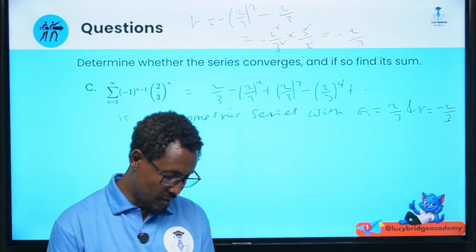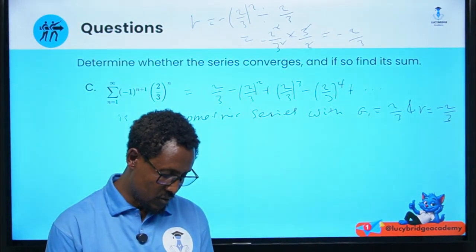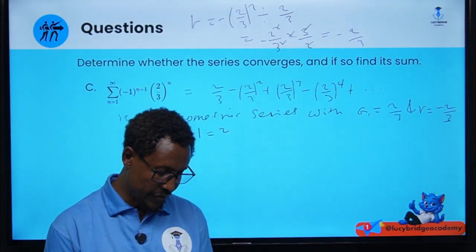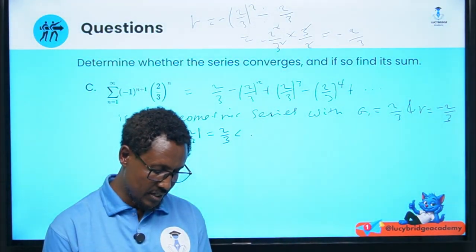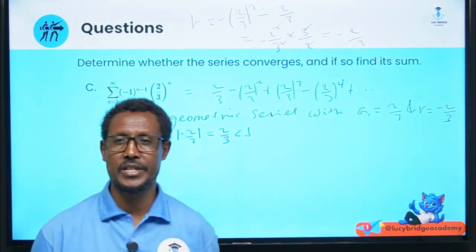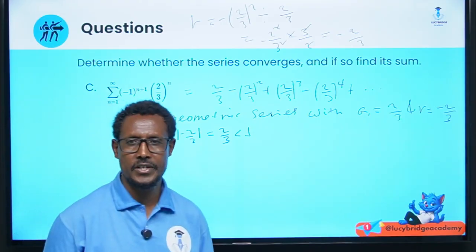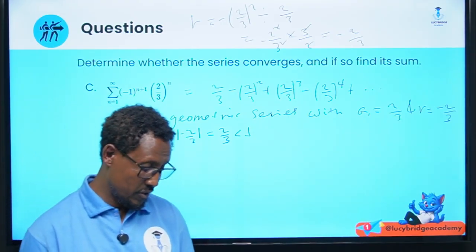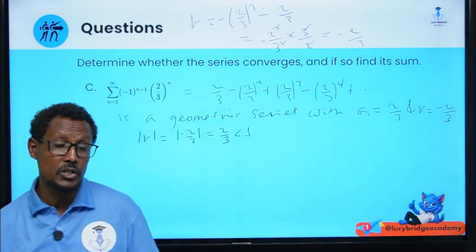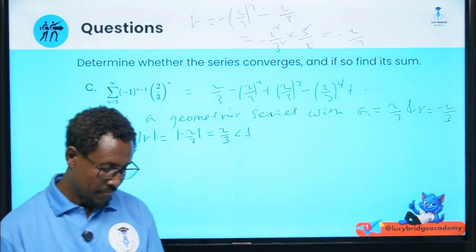That means the absolute value of R is equal to the absolute value of minus 2 over 3, which is equal to 2 over 3, which is less than what? Less than 1. Thus, it is a convergent geometric series, because it is a geometric series with the absolute value of the common ratio less than 1. Okay, thus